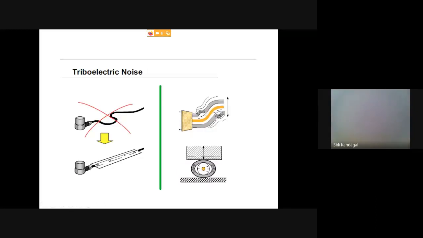Another important thing we should note down is the triboelectric noise. Don't confuse it with tribology. This is actually something to do with cable-induced noise. Whenever using the accelerometer, try to stick it properly to the surface such that it doesn't chatter and doesn't give you the vibration signals. Otherwise, whenever the structure is vibrating, it will generate these charges, because charges are going here. Okay, these two charges are going. It will induce a differential voltage and a lot of noise in your signals. That's why this triboelectric noise should be avoided with proper cable conducting there.